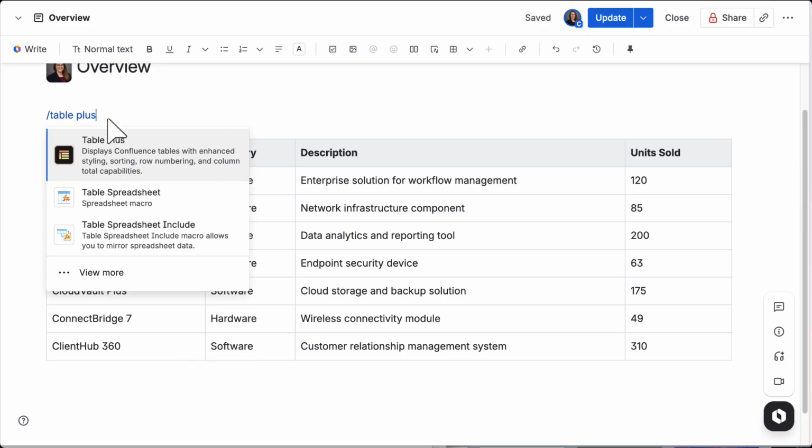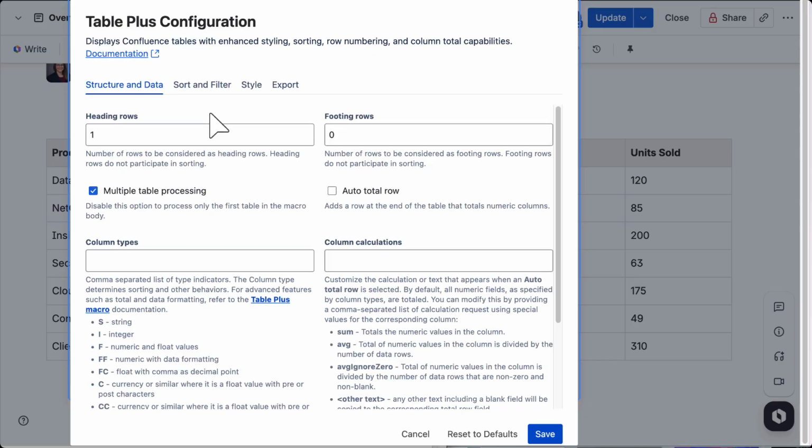Insert the Table Plus macro. Before we move the table in, let's configure it so we know exactly what we're setting up and why. On the Structure and Data tab, we're leaving heading rows at 1. That's our column header row. We're also setting our footing rows to 1. This tells the macro that the last row of our table is a footer, so it won't get pulled into